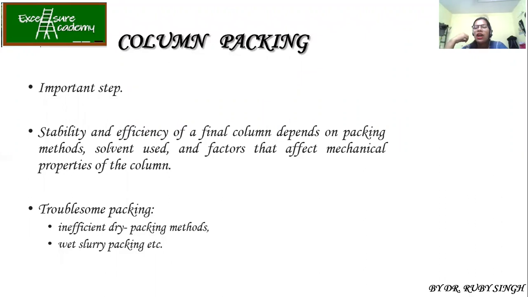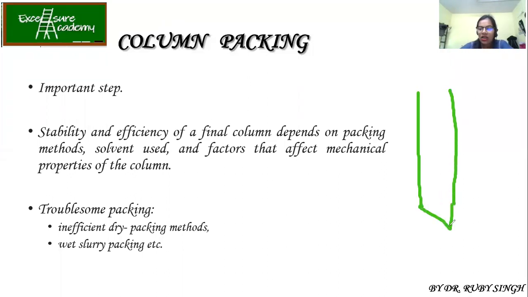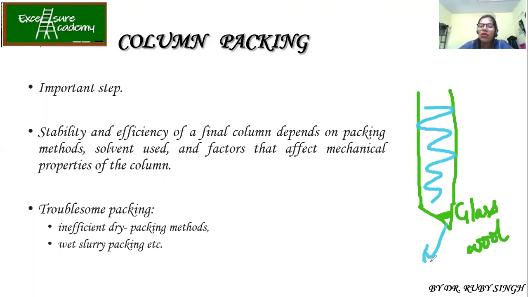Because of the presence of the glass wool at the bottom, let me show you with the figure. So you have got the column. Over here we add glass wool. Don't add cotton, because cotton will start getting spoiled. It will catch bacterial contamination and all. So we use glass wool, and we keep it over here. Now when you start adding the matrix, what happens? Only the buffer comes out, and not the matrix. If the matrix is coming out, it means the glass wool is not inserted properly. So this is how you do your packing.